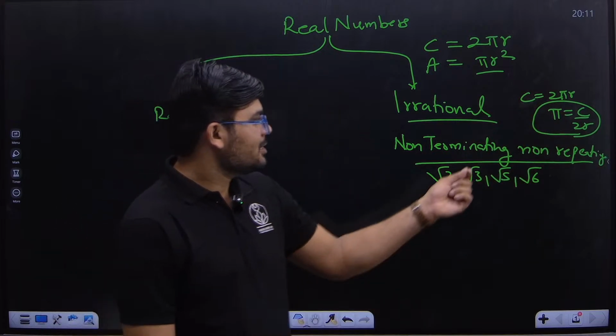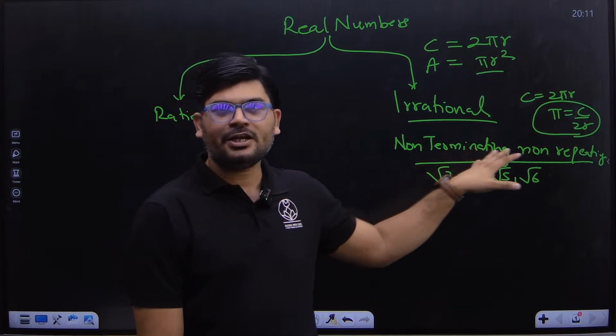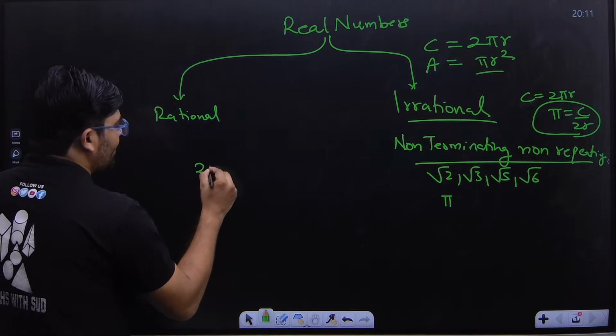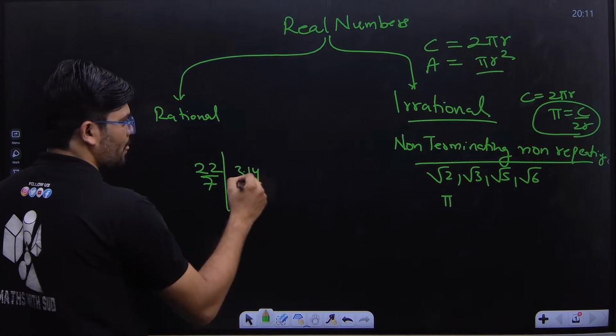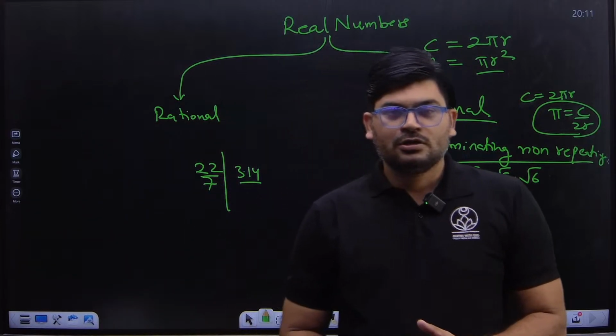The catch is, because pi is infinite, no, pi is not infinite. Pi is non-terminating, non-repeating, meaning it is irrational. The approximate value of pi is 22 by 7, or sometimes we take it as 3.14. But this is not the exact value, it is the approximate value. The exact value